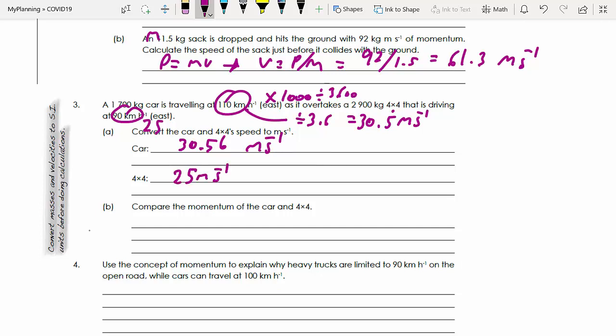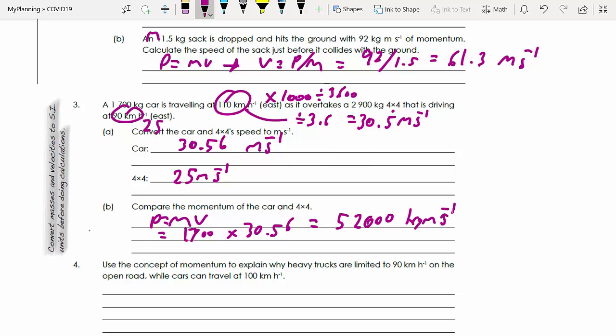Compare the momentum of the two vehicles, the car and the truck. So the car is going to be 1700 times 30.56. 1700 is two significant figures, and so I'm going to give my answer to two significant figures, which is 52000